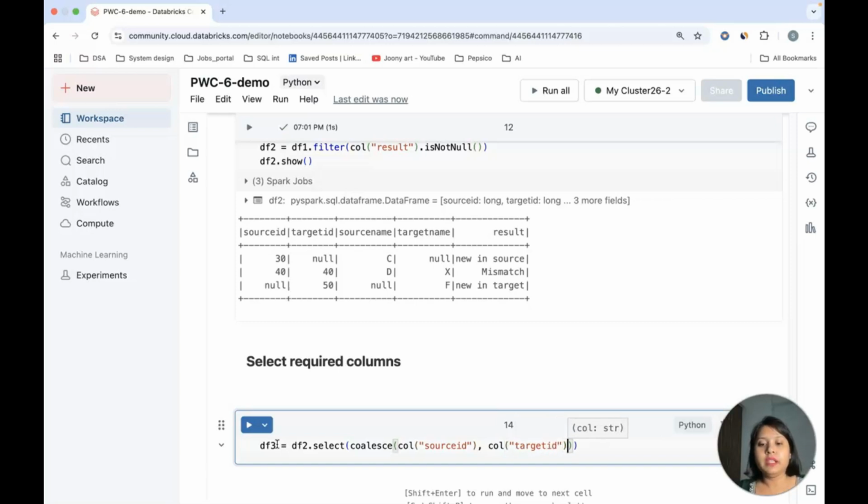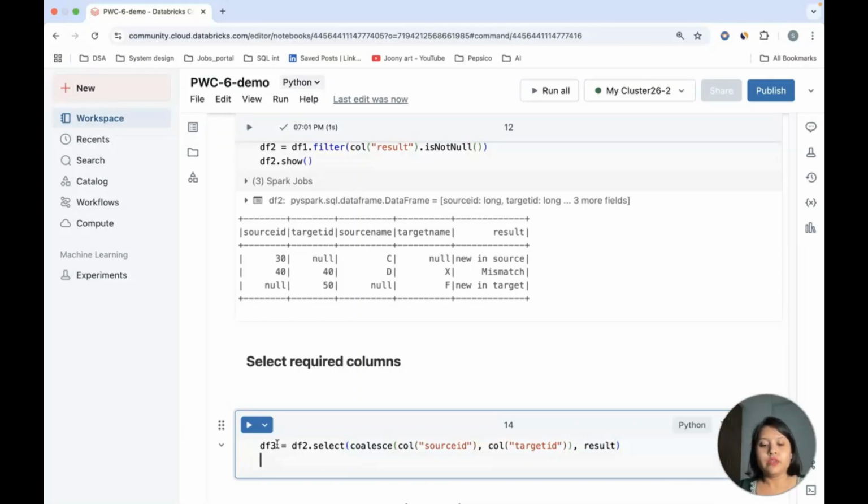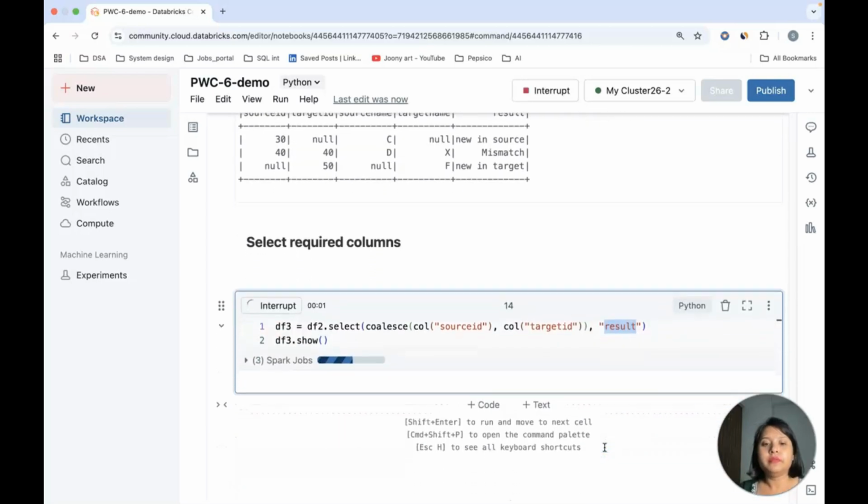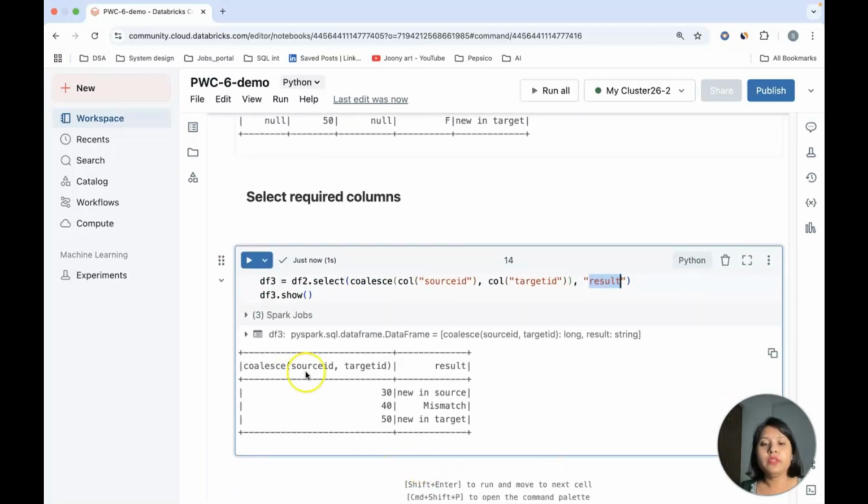So this is my coalesce, and I also want to select my result. Okay, so now let me do df3.show. This is what will be my output. Result is a column, so let me put it inside a string. So you see now, this is the coalesced source ID and target ID.